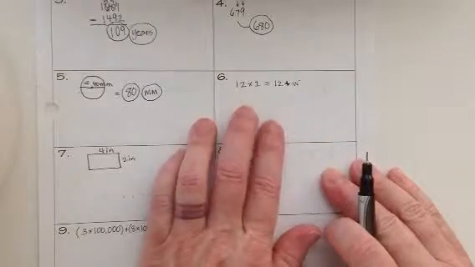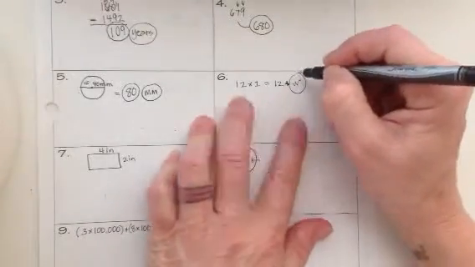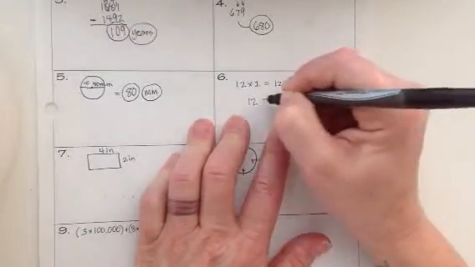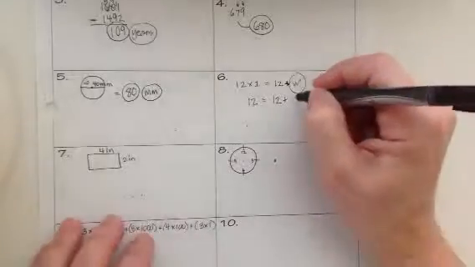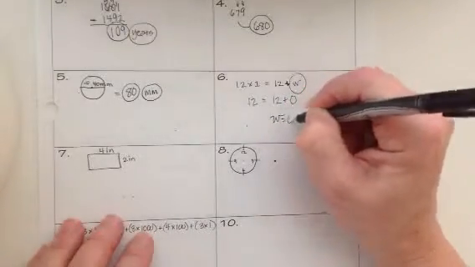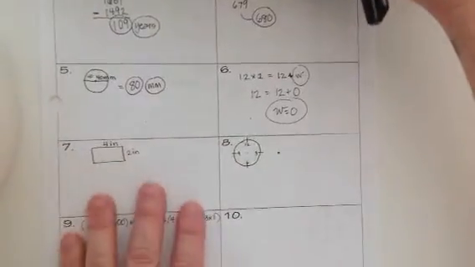Now this one's just using your logic. 12 times 1 equals 12 plus what? Well, 12 times 1 is 12. So that equals 12 plus, do we have to add anything? No, 0. W equals 0. Number 7,